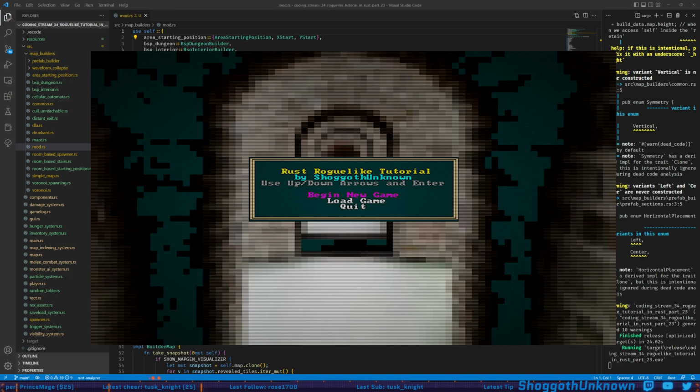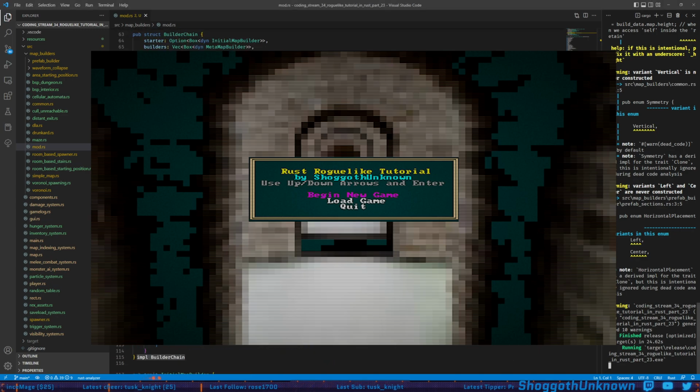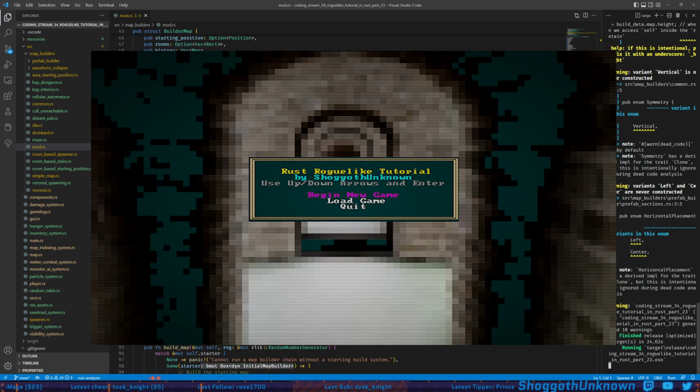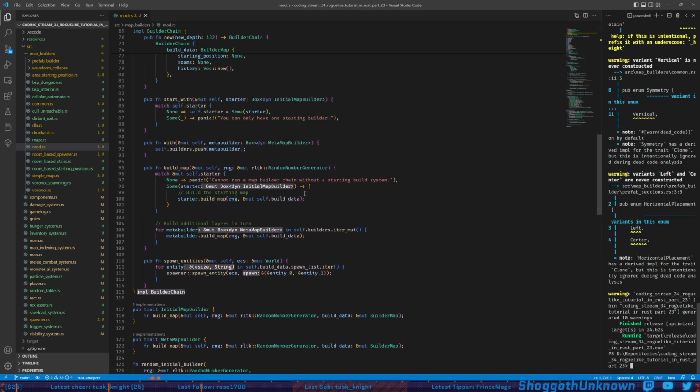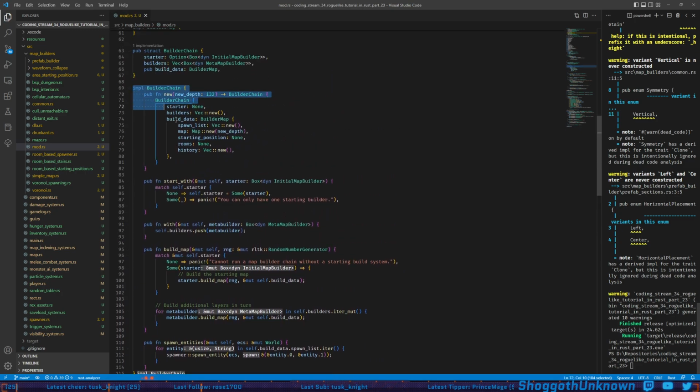Last time, we added this layering and builder chaining to our code, which was basically a giant refactor. So now we have this concept of the builder chain with two traits, the initial map builder and the meta map builder. We have the concept of the builder chain right here,